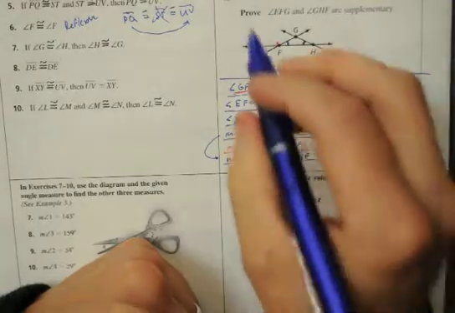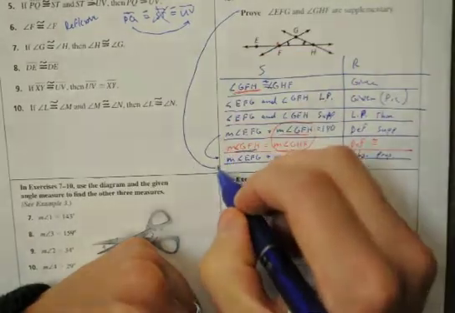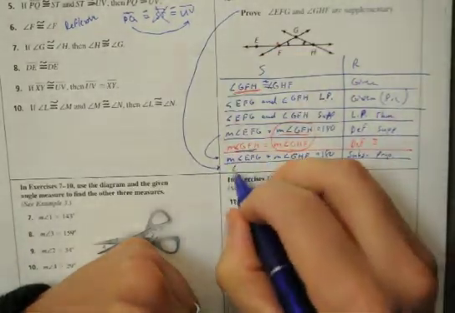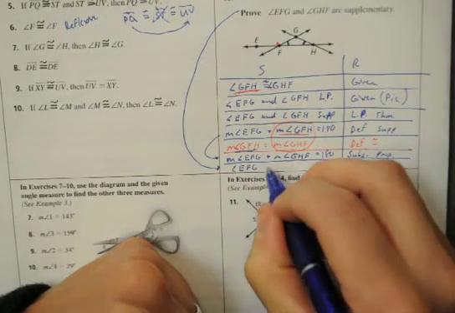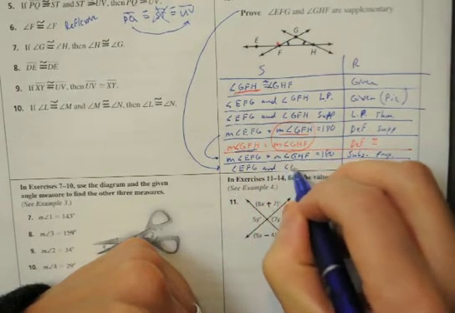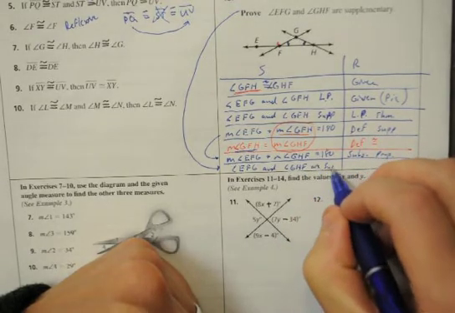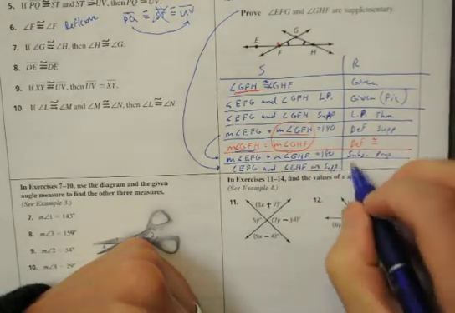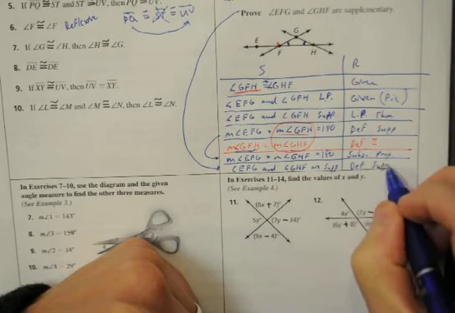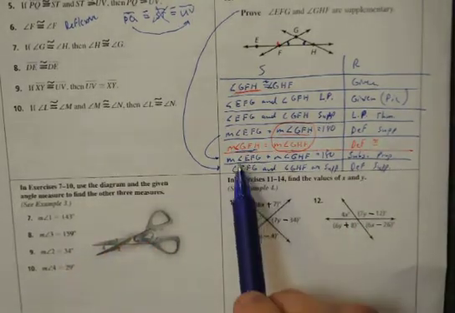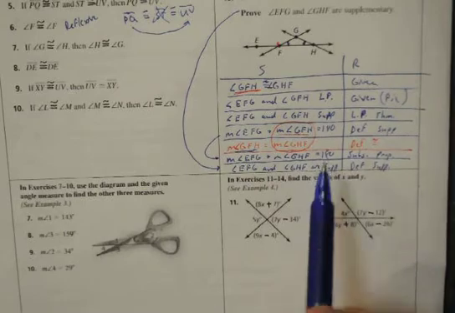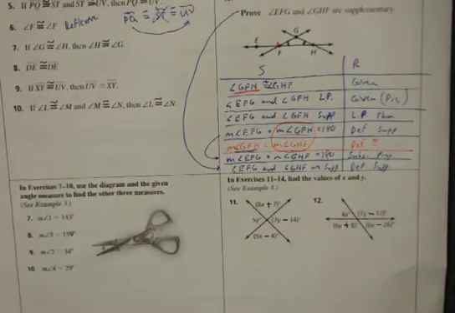So now we can finish, and you always put the thing that you're trying to prove at the very end. EFG and GHF are supplementary. And that again is the definition of supplementary. Two angles, if we prove that two angles add up to 180, then that proves that they are supplementary. Alright, so as